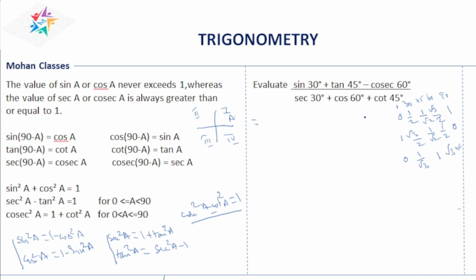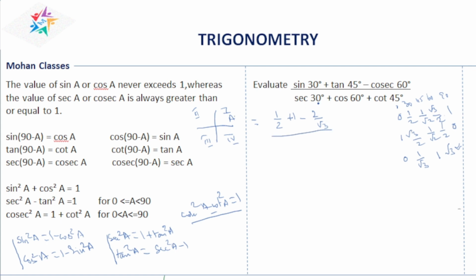Sine 30 is equal to what we are getting? 1 by 2, right? Sine 30 is equal to 1 by 2, and then tan 45 is equal to 1. What about cosecant 60? Cosecant 60 is 1 by sine 60. Sine 60 is equal to root 3 by 2. Therefore, cosecant means 2 by root 3. Correct? Whole divided by